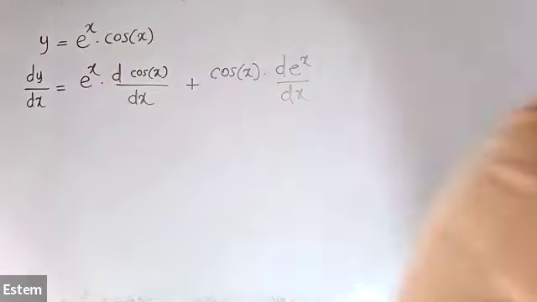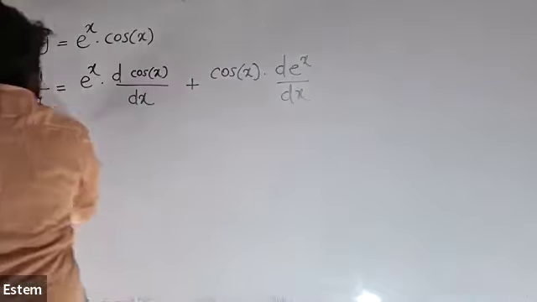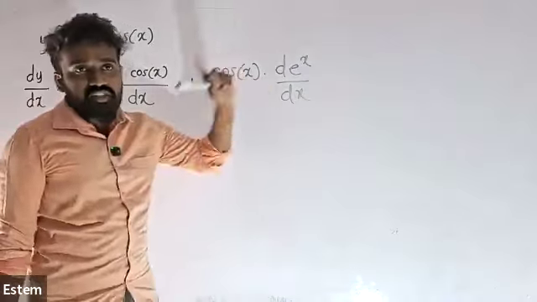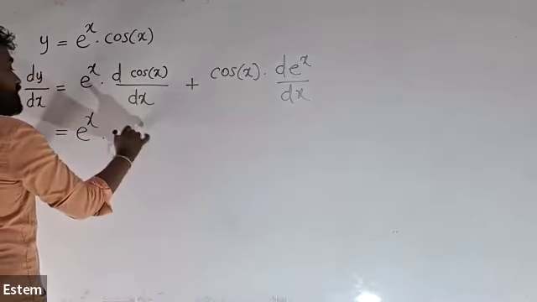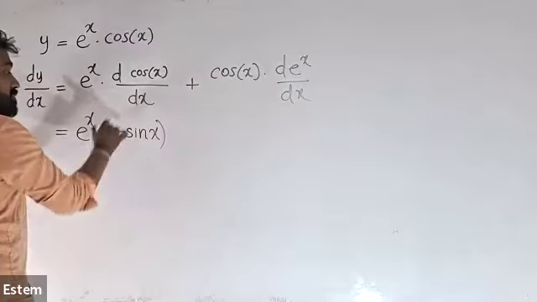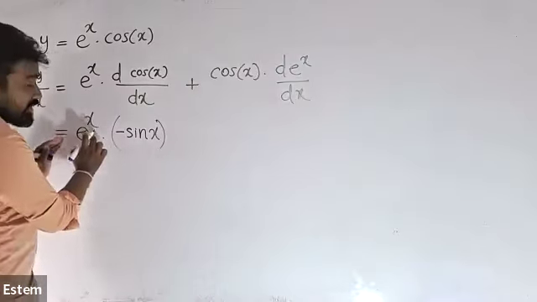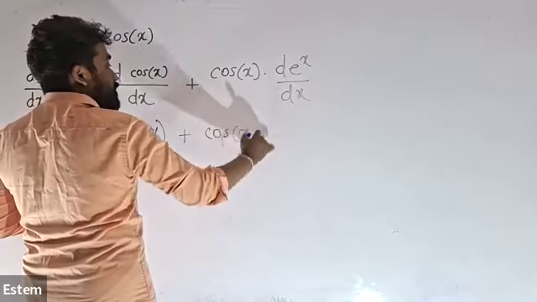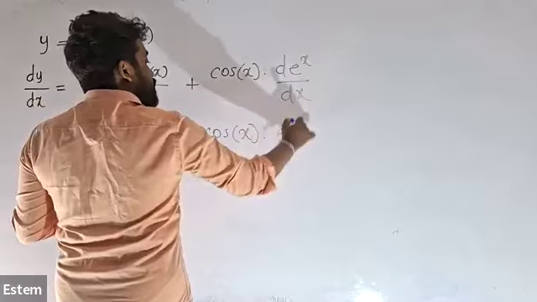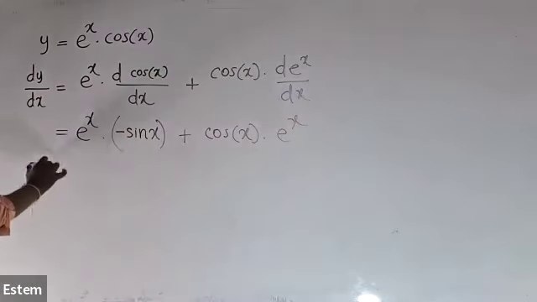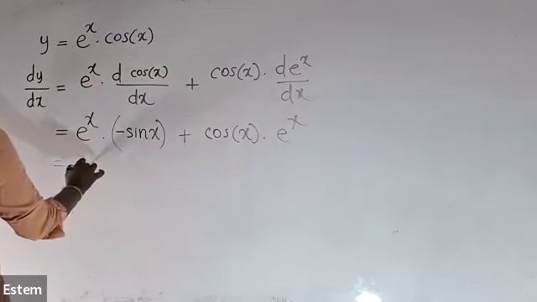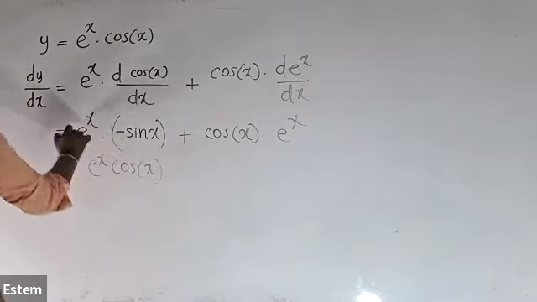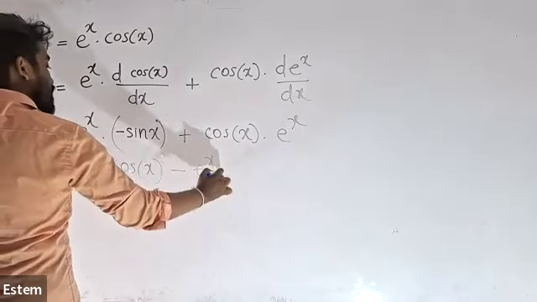So the answer is e^x. The differentiation of cos x with respect to x is minus sin x, but this should be written in a bracket, otherwise you will subtract e^x and sin x. Plus, this is cos x, it is okay. The differentiation of e^x is always e^x. Then here e^x cos x, I write this in here, and this is minus e^x